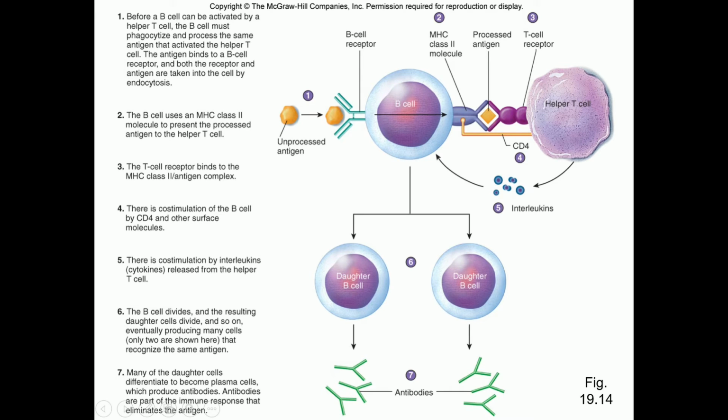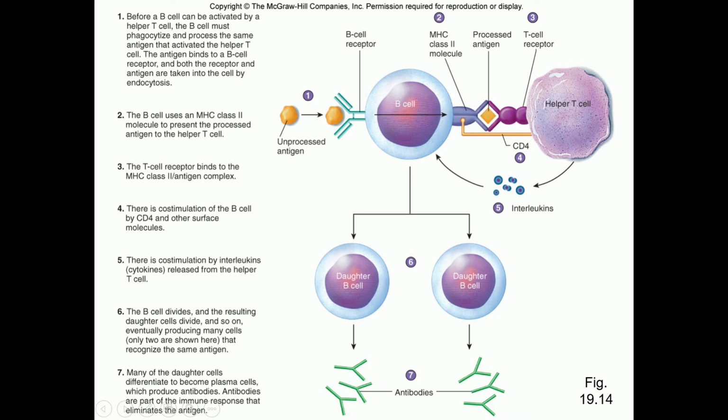Number 1. Before a B cell can be activated by a helper T cell, the B cell must phagocytize and process the same antigen that activated the helper T cell. The antigen binds to a B cell receptor, and both the receptor and antigen are taken into the cell by endocytosis. Number 2. The B cell uses MHC class II molecules to present the processed antigen to the helper